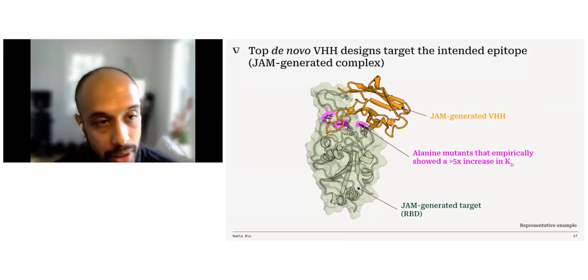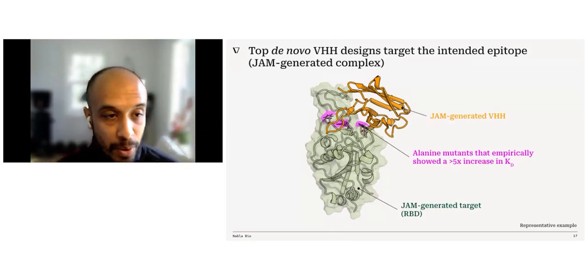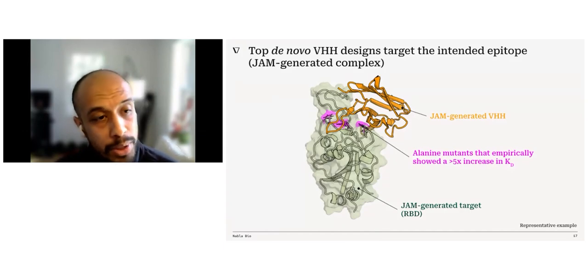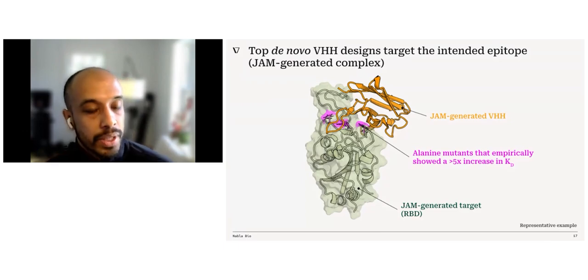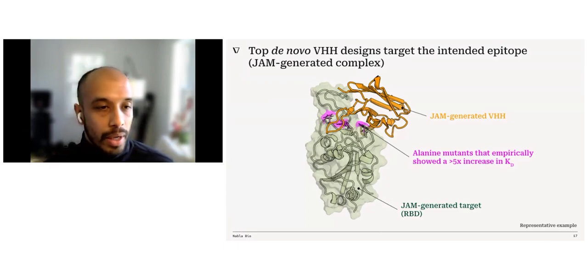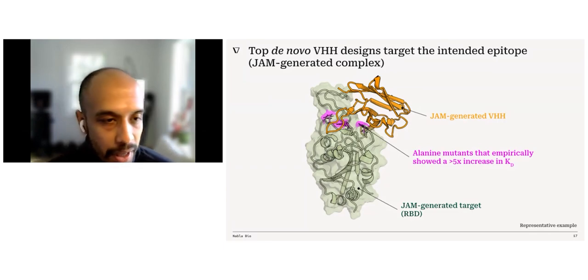And we next wondered whether we were actually binding the intended epitope. So short of solving the structure, another way we can assess this is with epitope mapping. So what we did was we looked at all surface exposed residues on the surface of RBD and systematically mutated each one to an alanine. And if we only focused on the mutations that didn't appear to disrupt protein stability or the stability of the target,